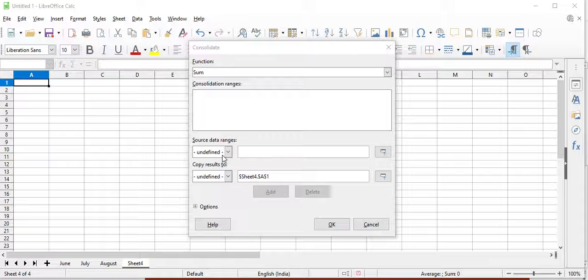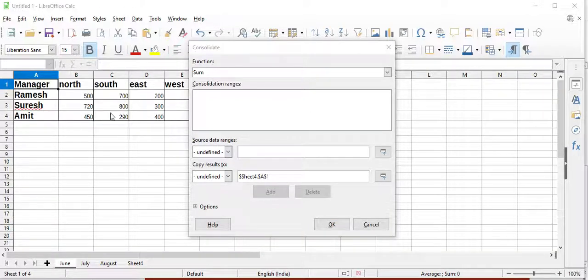You may need to move the consolidate dialog to reach the required places. If the source data range is named, you can directly choose that. If it's not there, you should select your data range.